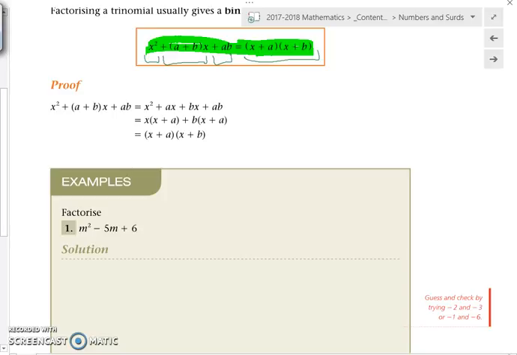Cool? So what I'm going to do for this first one is split this trinomial up into those three bits, just so we can see it and start getting an idea. That's where the p, the s and the f come from, the product, the sum and the factor. Okay? So if we have a look at this one,